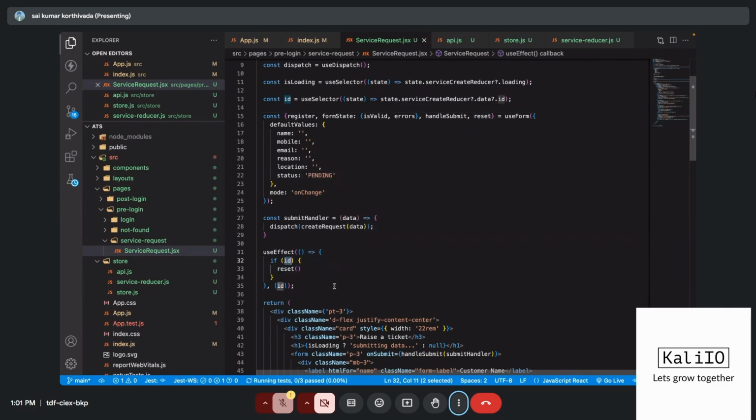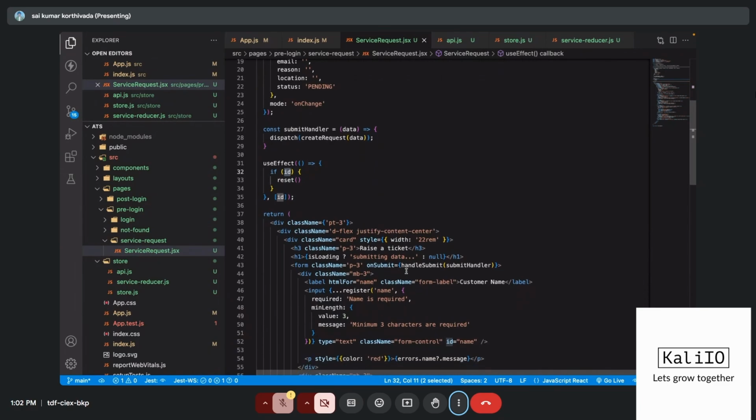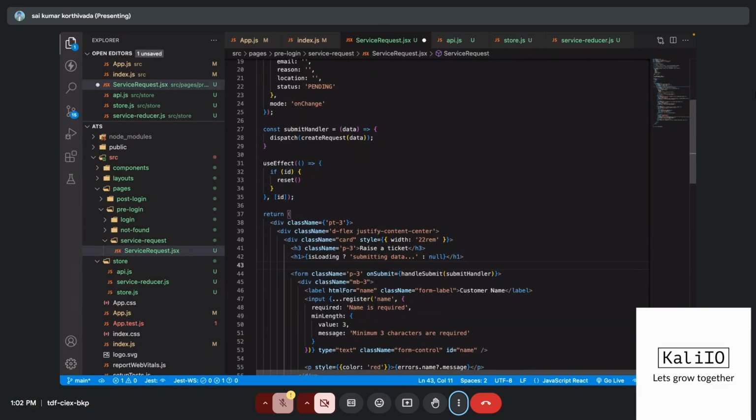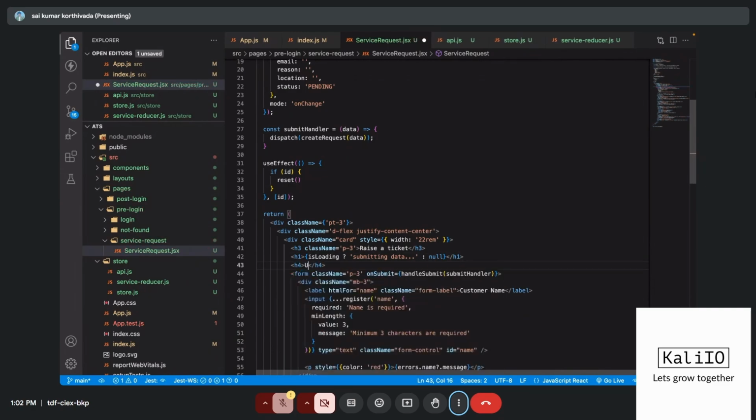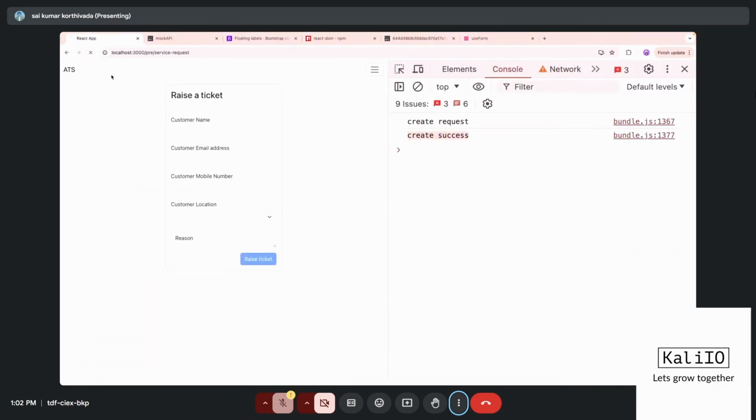And whenever I get the id, I want to show something here like an h1 or h4: user submitted his request. Or simply, I can show the id here as well. Let me save this. Now go here, refresh,